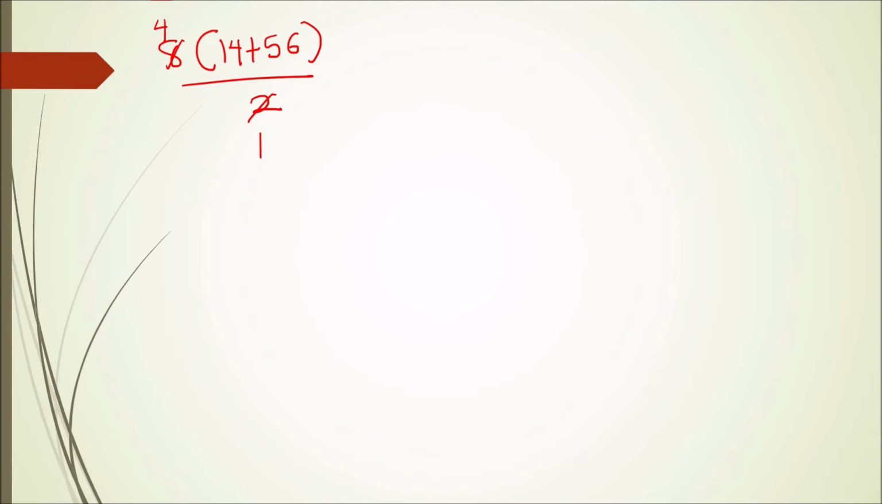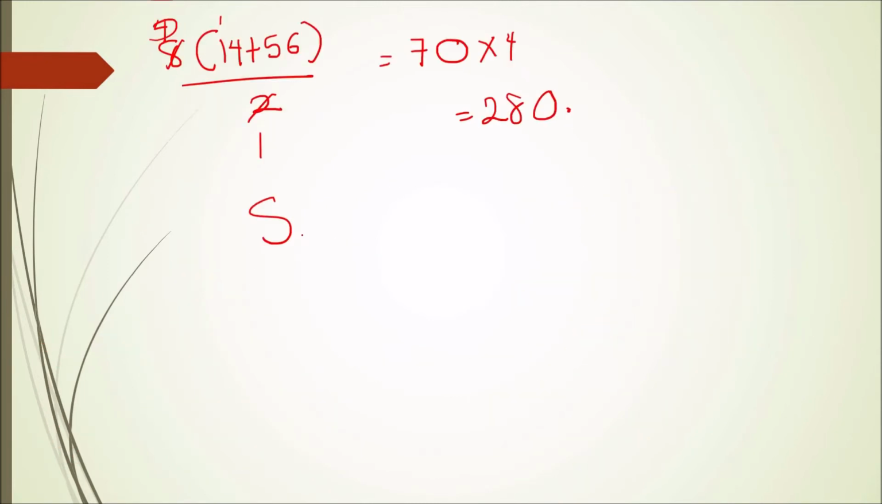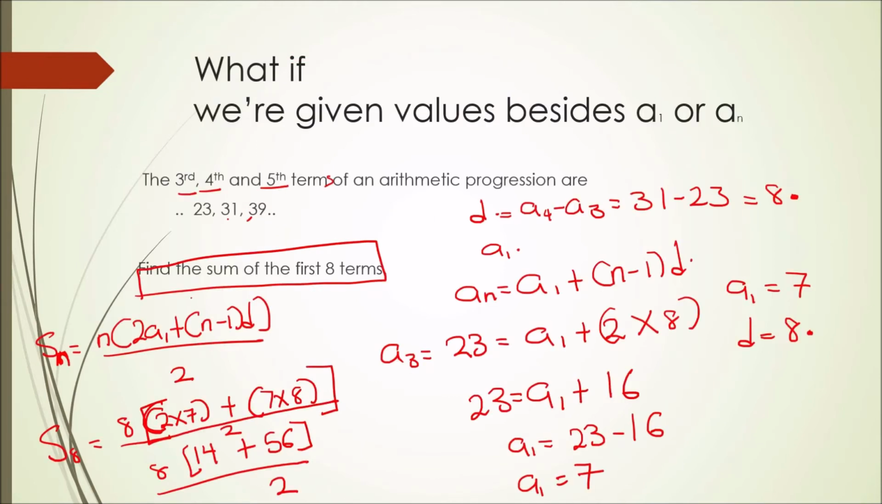Now 14 plus 56, remember 4 plus 6 is always 10, so we expect to have a 0 here, so it should give me 70. And, okay, 70 times 4. 70 times 4 is 280. So the sum of the first 8 terms in this sequence will be 280. You see, they didn't give us A1, they didn't give us AN, but we were able